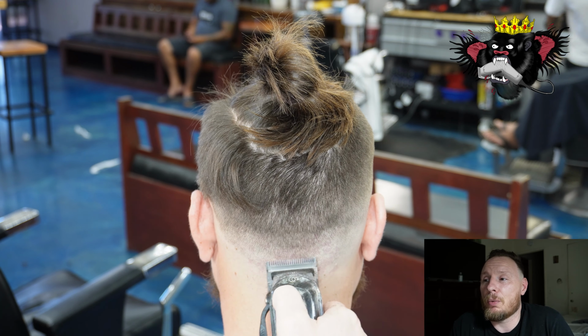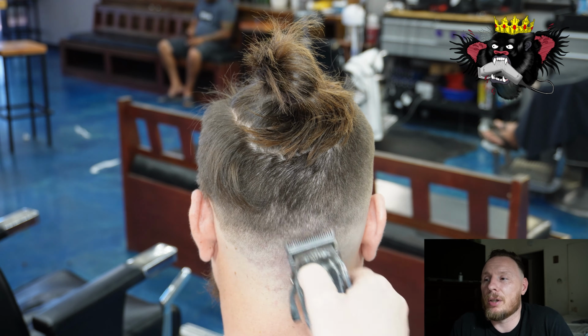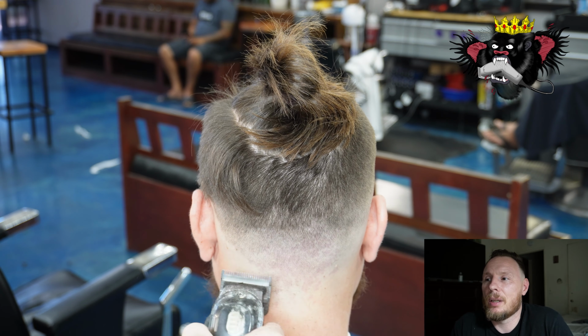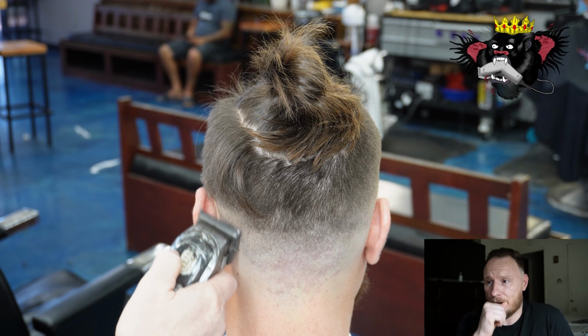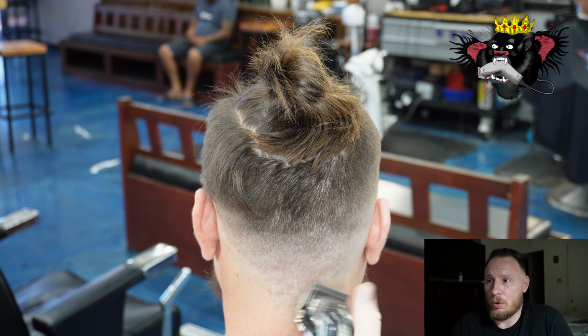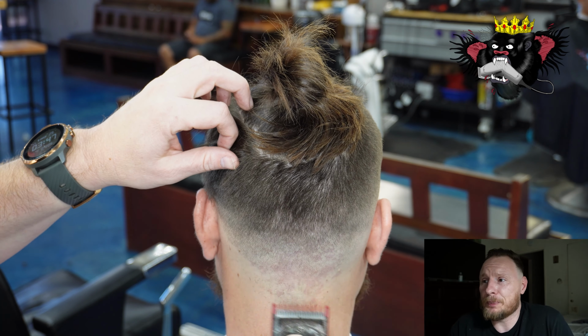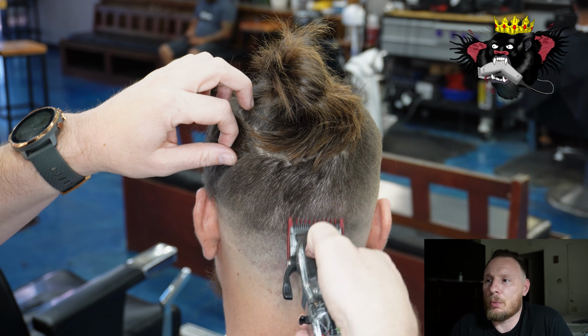You got the lever all the way shut. We're going to take out that bottom line. Now look at the thumb. All the way open, close it a little bit, close it all the way, excuse me, and just watch the thumb work. Now we got the one guard, and we're gonna take out that bottom line. We're gonna fade up,